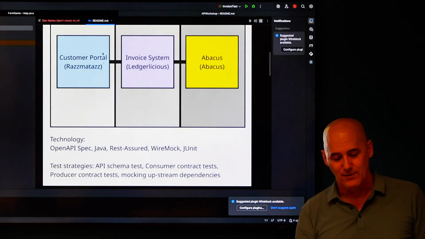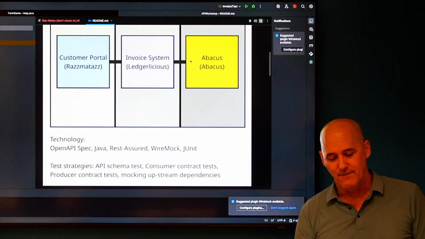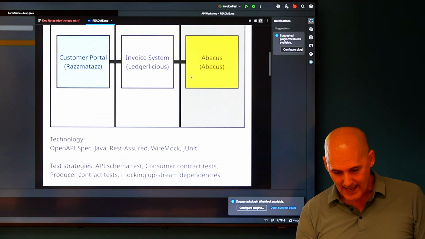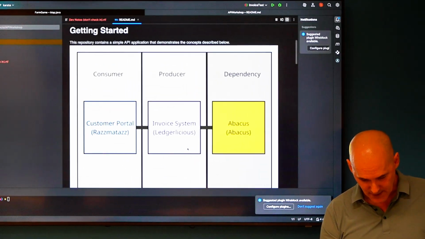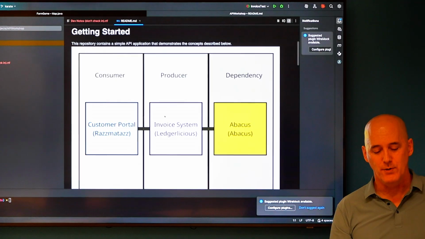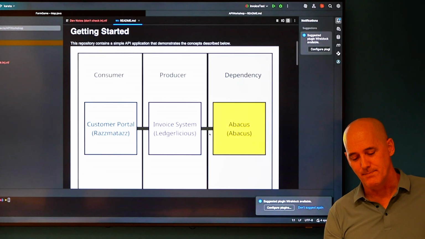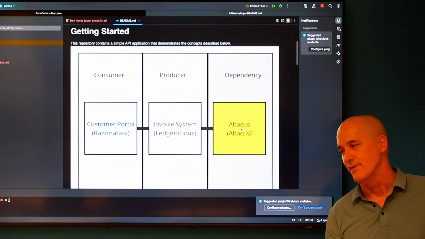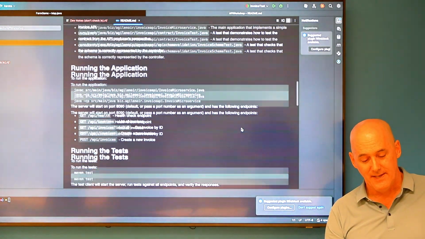This portal has a dependency on an invoice system, and the invoice system is called Abacus. Sorry, what have I got here? Consumer, oh, that's right, okay. So I have a consumer, I have an API, and this middle tier is dependent on another middle tier piece. So I describe at a high level what it is, and then,